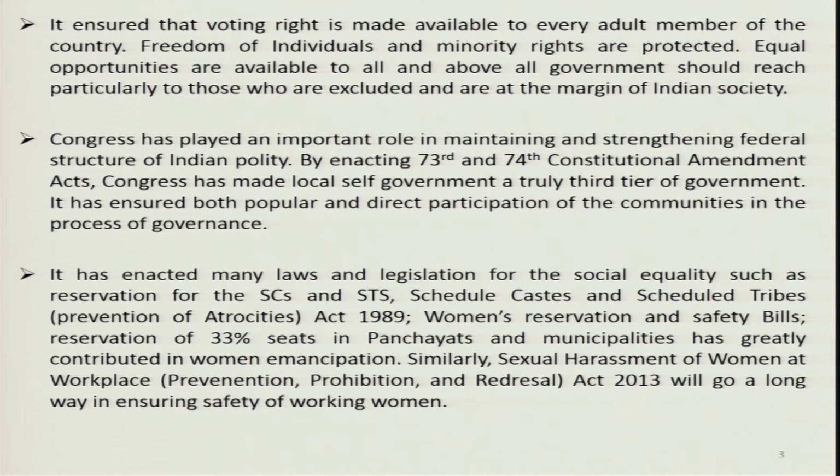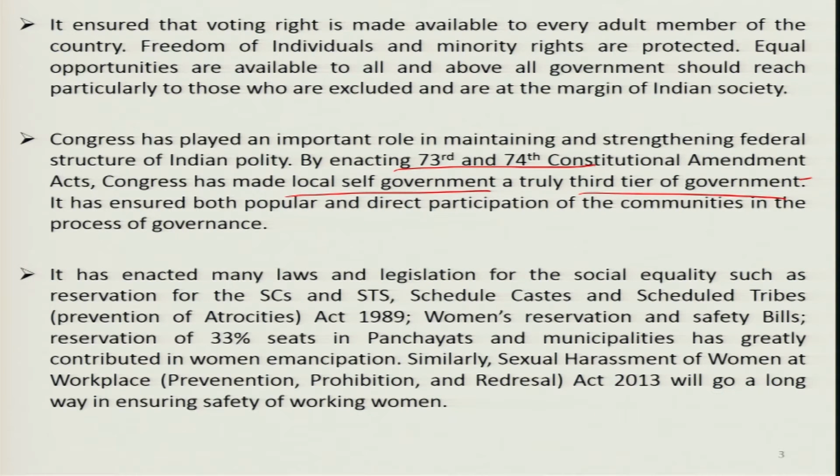By enacting acts like the 73rd and 74th Constitutional Amendment Acts, Congress has strengthened local self-government. This is the crucial act that was passed by the Congress government in the 90s. By that, it has ensured that local self-government truly becomes a third tier of government. So, there were panchayats or municipalities even before the enactment of this act, but after this Constitutional Amendment Act, these local self-government bodies got the constitutional position, and that has